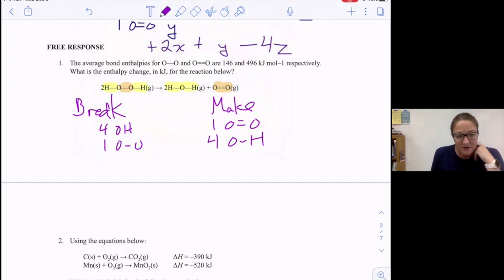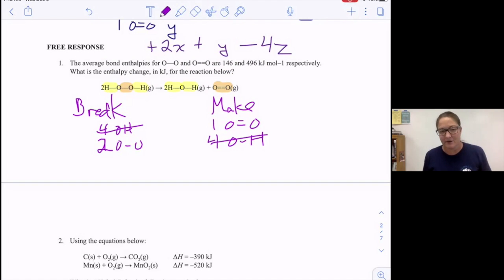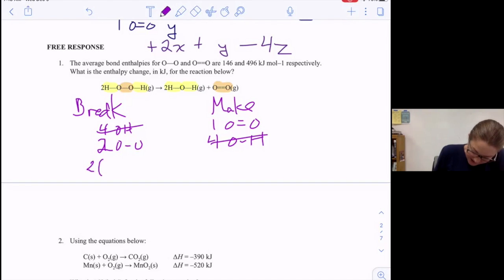Oh, I'm sorry, this needed to be a 2 because there were 2 molecules of that. Do you see how I am breaking 4 O-H bonds and then making 4 O-H bonds? Those cancel out. However much energy it takes to break is how much energy can be released on the making side. And in this problem, they didn't give me that O-H bond value, so I couldn't have used it. This was actually originally a multiple choice question, and I just took away the choices and simplified the question a little bit. So now if I find my breaking energy,